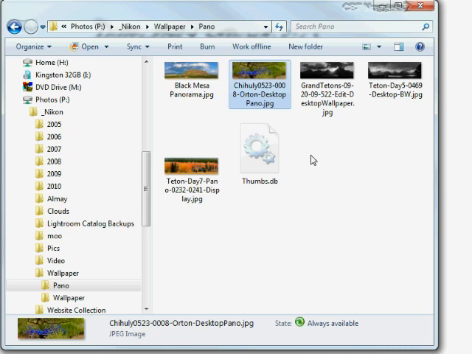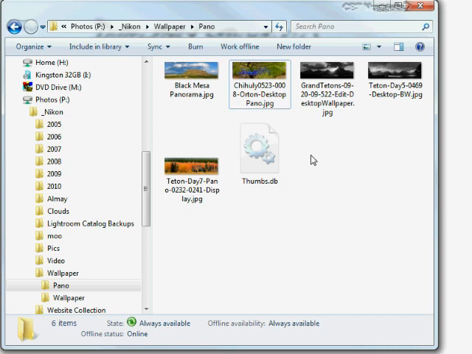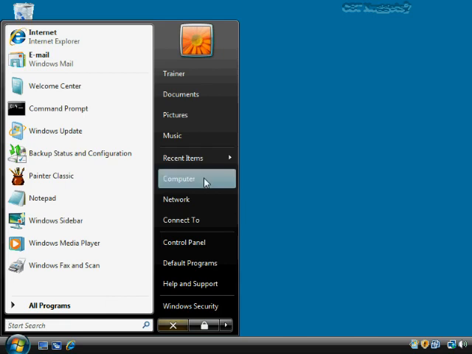If I'm not convinced that I have exactly up-to-date files here and that some might still be outstanding changes, I can choose sync and sync offline files in this folder, and it will also do that in the background as well. And I found that this is actually pretty timely, and I don't very often have to manually sync it. It seems to work pretty well all on its own. And then let me show you where the files are actually stored.